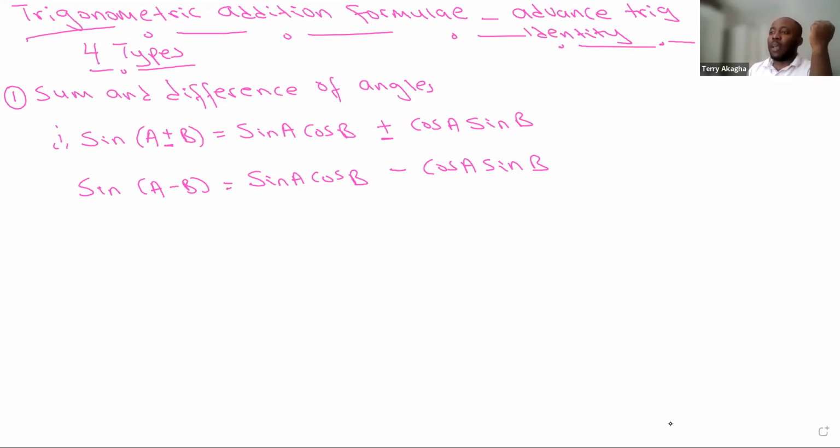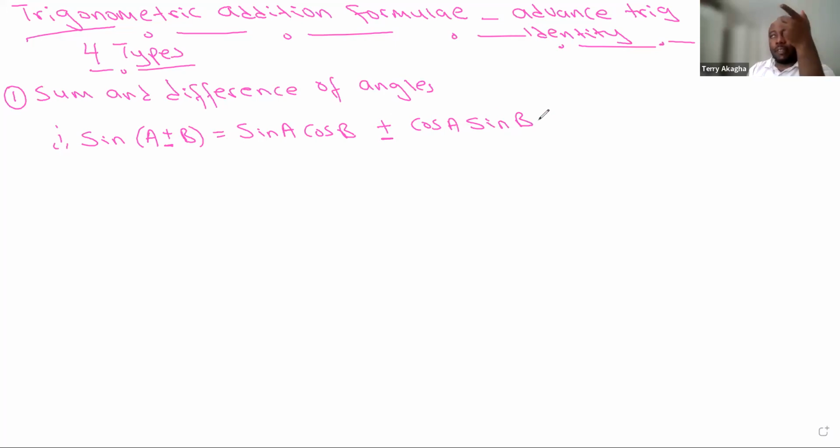So we write it like this to save some space and avoid repeating it severally. It's just like 2 in 1. Sine A plus or minus B is sine A cos B plus or minus cos A sine B. The next one is cos. I'm going to write both of them together. Cos A plus or minus B will be equal to cos A cos B. Now, if it was plus, it's going to be minus, and if it was minus, it's going to be plus,